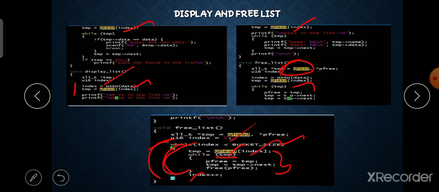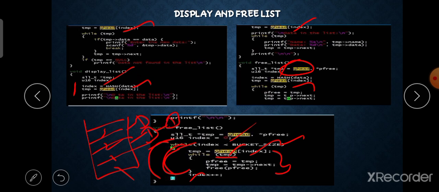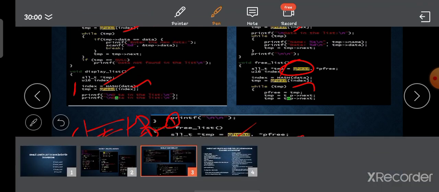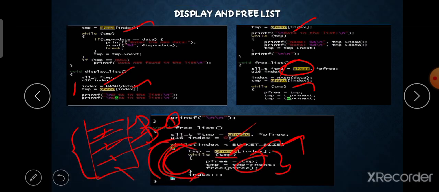This is hashing, and it contains all the data, buckets 1, 2, 3, 4, and the nodes also contain all the data. We want to free it, so we go through the data in a loop, and while the condition is true, it is freed and the index is incremented. Then it goes to the second bucket and is freed, and then goes to the third, and is freed. This is what happens in the free list.